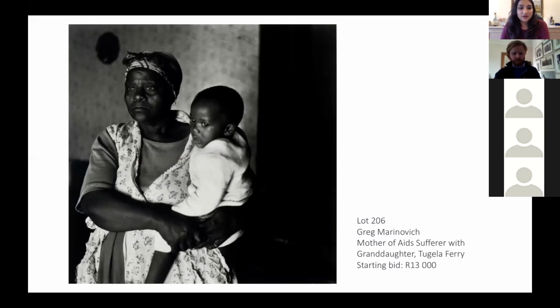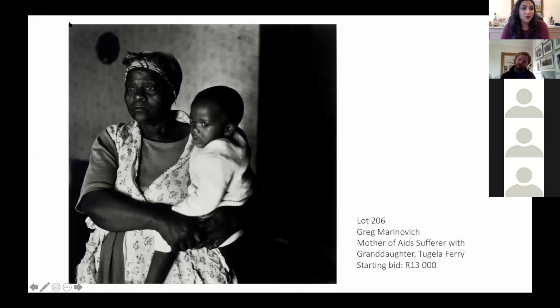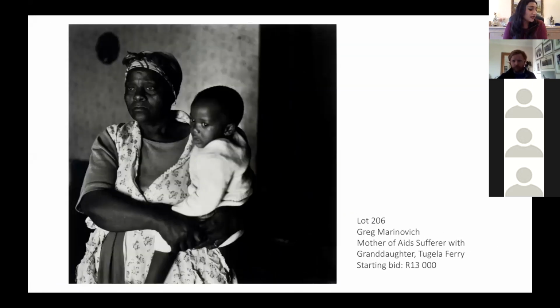So in these works, we've got 3 of these in the auction, which are all from one series, and these portraits all tell the story of a woman called Sitembe, and she lived in Tugela Ferry, which is in KwaZulu-Natal, and she moved to Johannesburg for work, and unfortunately she fell very ill with AIDS. And then this is the figure's mother. Her name is Esther, and